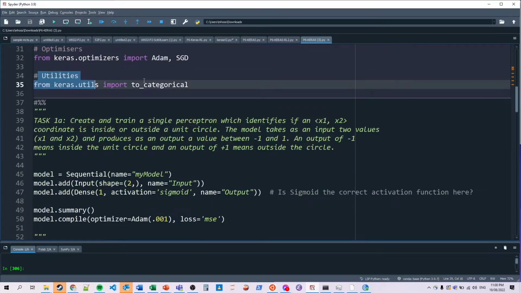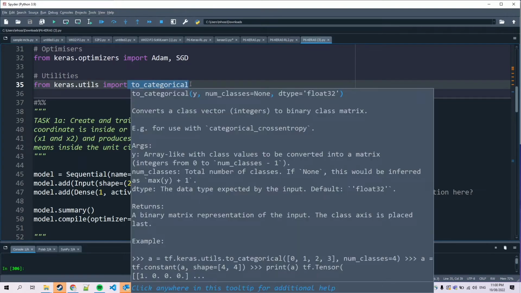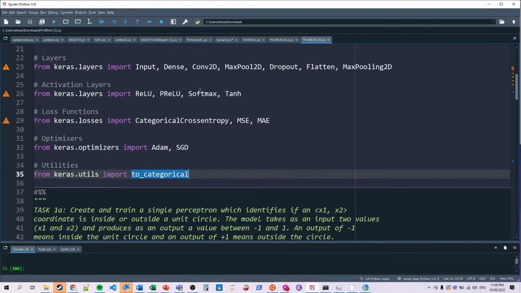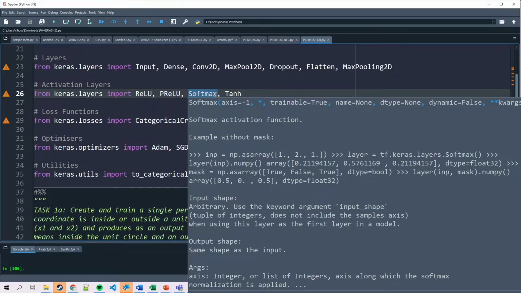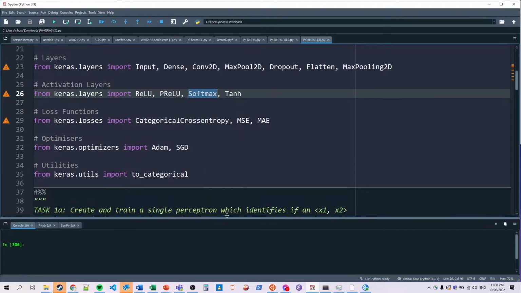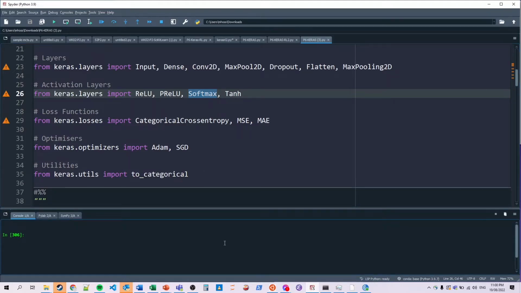Finally, we have some utilities. We're just using one of them here, which is the categorical. The reason we need this function is that the way we expect data coming to softmax, or the output coming to softmax, would be a distribution of some sort. So we need to map all the labels. If I have 3 labels, I do not want to have these 3 labels listed like 1, 2, and 3,